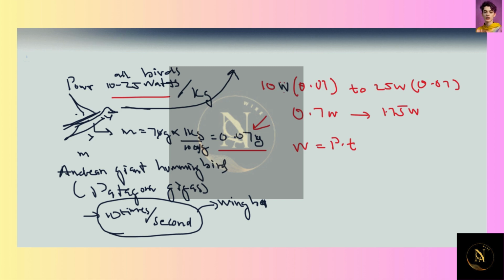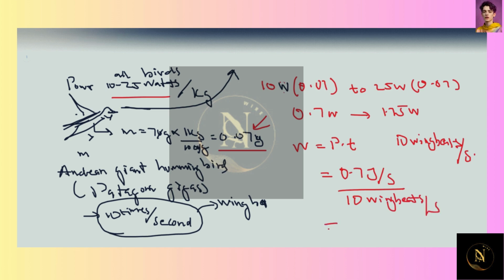If we have 10 wing beats per second, that's what we're given. And if we take the power in terms of joules, we're going to have 0.7 joules per second. That's the total power it's flapping, and then we divide by the number of wing beats, 10 wing beats per second, and that gives us